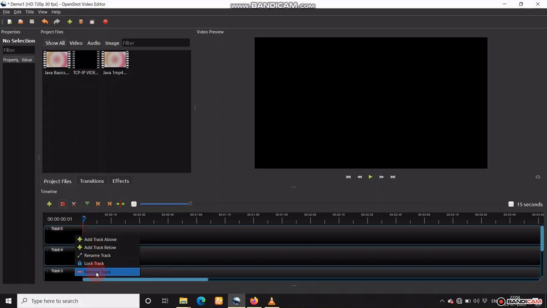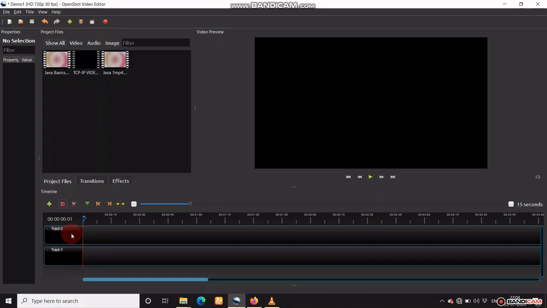The last one is remove track. So you just click on remove track. It will be removed. Similarly, you can go for removing the track 4. I am going to retain only 2 tracks.